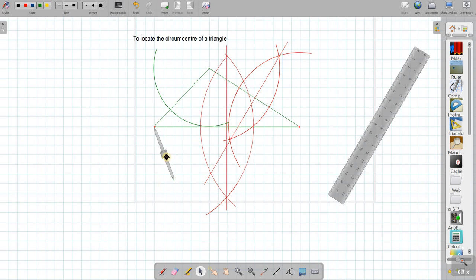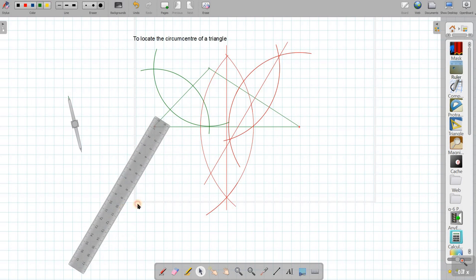It is kept there properly. I will have to draw the another arc, so I will just bring it over to here. After that, now the two green arcs intersect at different points. I can remove this. I will have to join the point of intersection this and this of the arcs. So which is the perpendicular bisector of the third side.